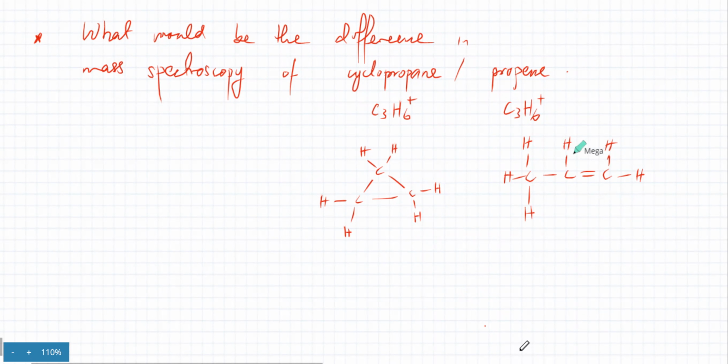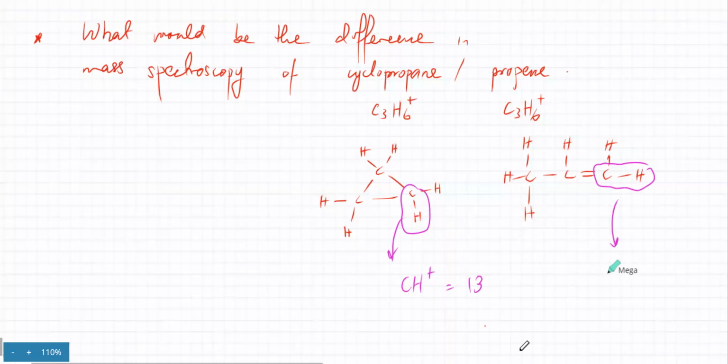In which one, this one or this one? The second one. Anything could break off, okay? It could be anything, as long as it's part of the structure. One CH could also break off. Because ionization is happening, and in ionization the molecule could break down in any number of ways. So you might get a detection at CH plus. This particle would be detected. This would have a mass of 13, but CH is also possible over here. This C and H would break off during ionization, and it would be detected, and it would also have a mass of 13. Is this clear?